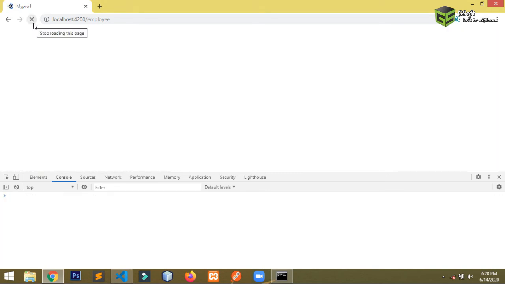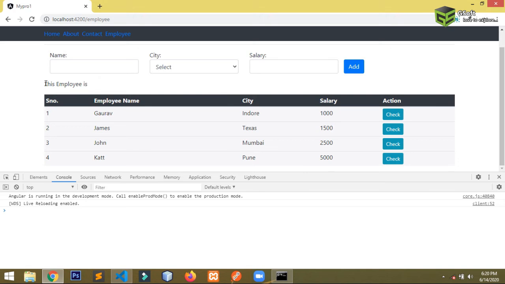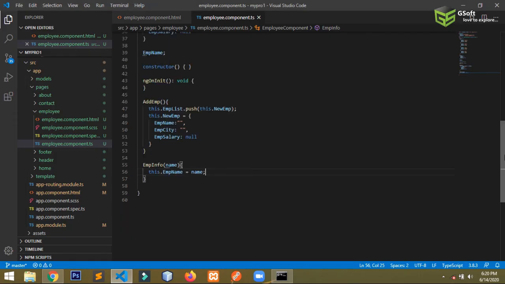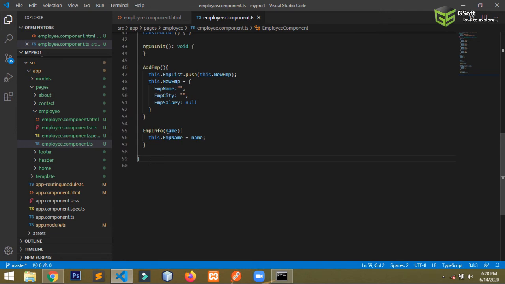Now I want to put logics also. What I want is that if I haven't selected any user or employee, it should show please select user. So for that, let me explain you first. We will be studying about logics. So let me show you. There are two types of logics we will be using here. First one is if else condition, and the other one is switch case.